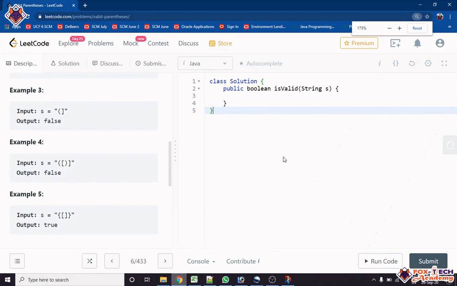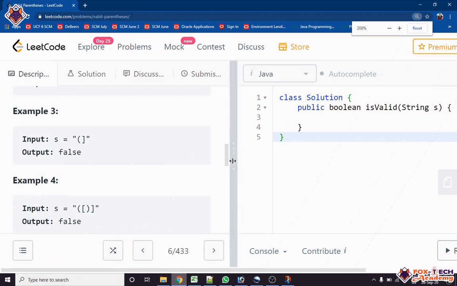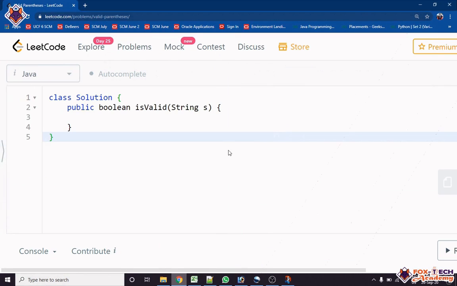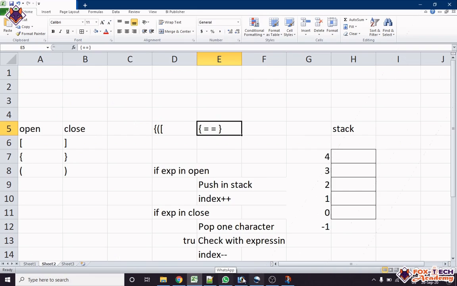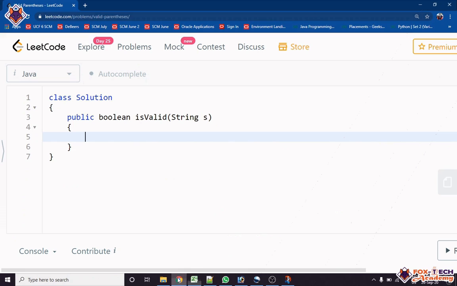So let's start. Next we have to create this stack, so we will use an ArrayList for creating this one.